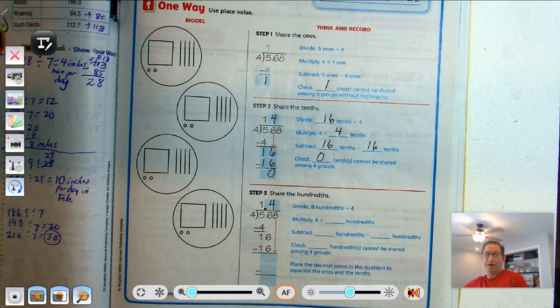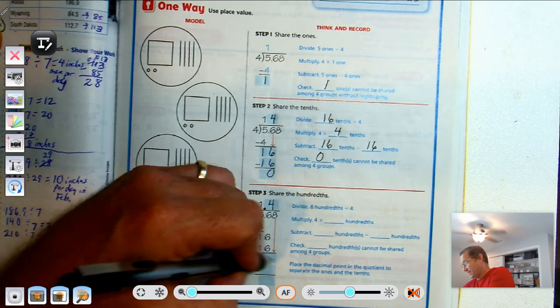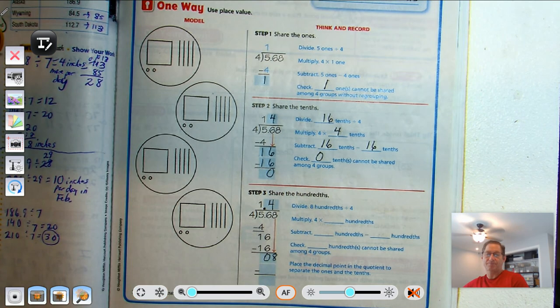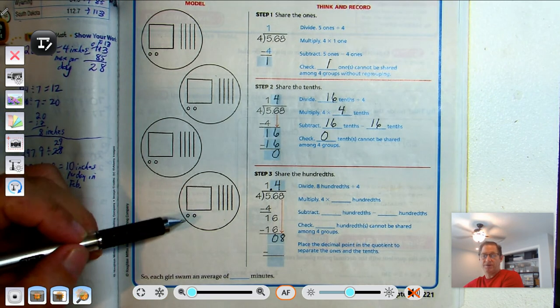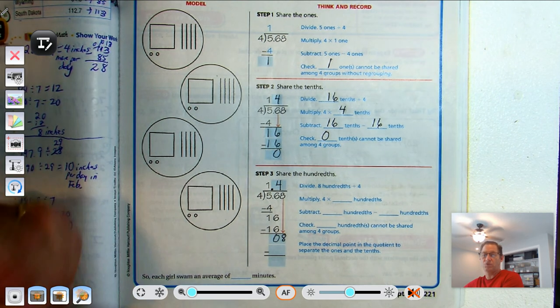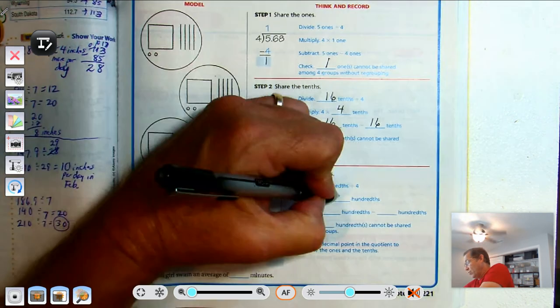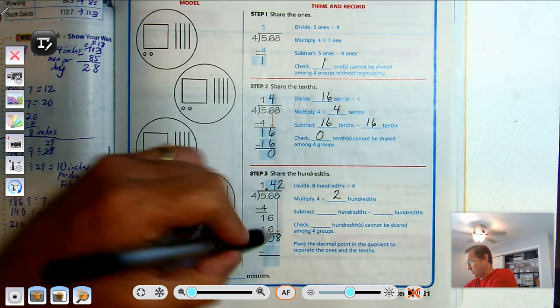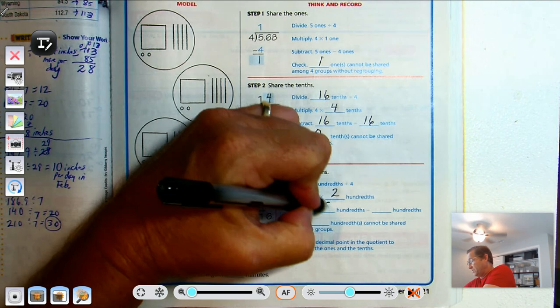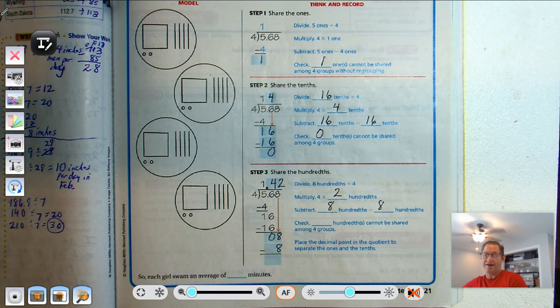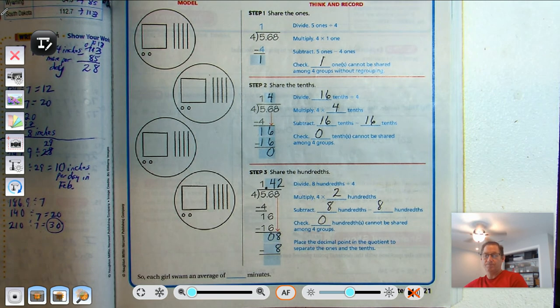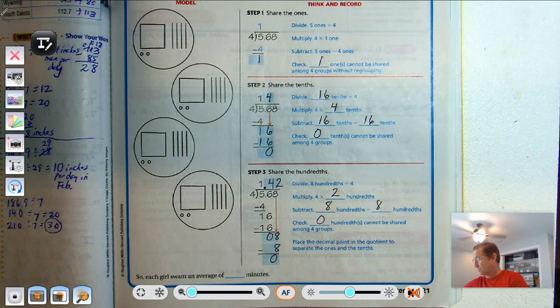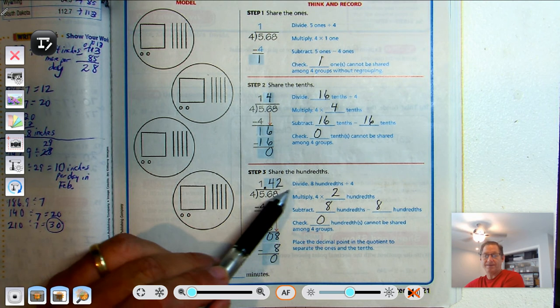So right now we know we have 1 and 4 tenths, and we have 8 hundredths still left to divide or to share. So we have 8 hundredths divided by 4 groups. 4 times what is 8 hundredths? 4 times 2 hundredths. 4 times 2 hundredths is 8 hundredths. If we take away 8 hundredths, we'd be left with 0. And we can't share 0 with 4 groups, and there aren't any more numbers to bring down in the dividend,